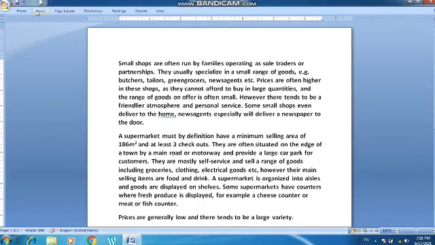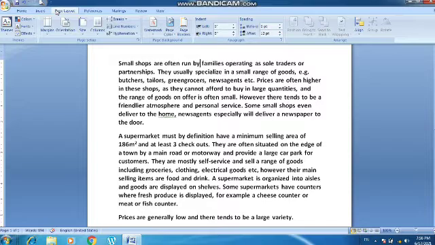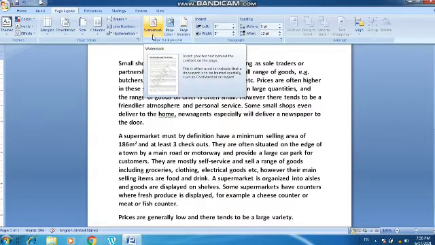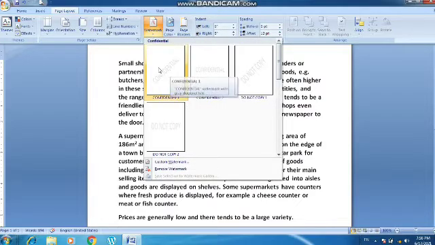For that you need to go to the page layout tab. In the page layout tab there is an option of watermark, you can see here. Now after clicking on watermark you will get n number of options. Here you can select these options. These are going to be inserted behind your text. However, if you want to give a watermark of your own, you can go to the custom watermark option. So first of all let us try this.